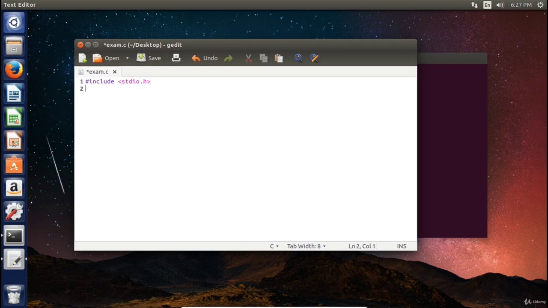Now the basic syntax, as we discussed in the previous section, is like this: include stdio.h. As you see, the color has changed. Control S to save. Int main. Now open braces. Now press tab here for nicer formatting. The semicolon is here, don't forget. Return, sorry, the keyword is return. As you see, the color has changed. Now printf, and the semicolon here, printf hello world.